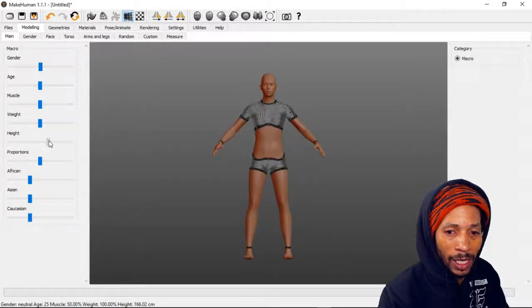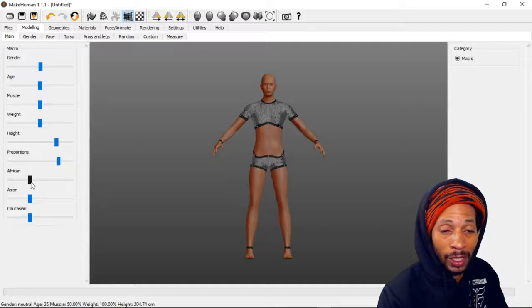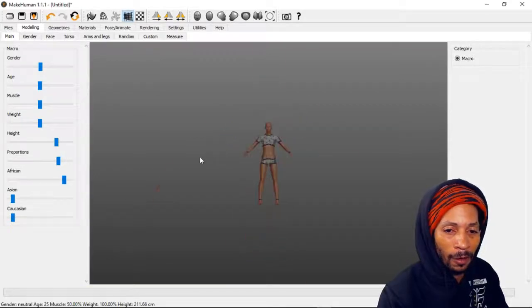So we want to apply some height to it. Give it height like that, proportional, size, body type, go like that. Whatever type of race you want to make it, African, Asian, Caucasian, or a mix, you can play with that. Let's go make them African just for fun, and then scroll them out,